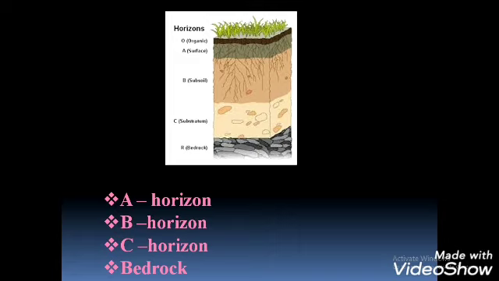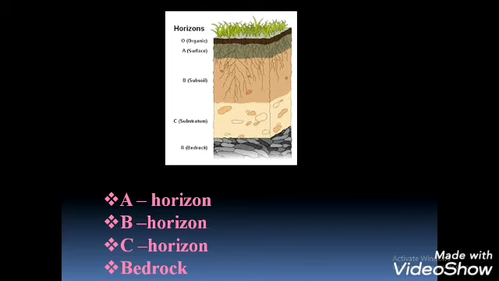Then this is a picture of different horizons. The uppermost horizon is called A horizon. This is the surface horizon. The O is the organic layer. This is not termed as a horizon. This A is the first horizon. A is the upper layer. A horizon, B horizon, C horizon and bedrock. These are the 4 layers or 4 horizons of the soil. Okay, now we can